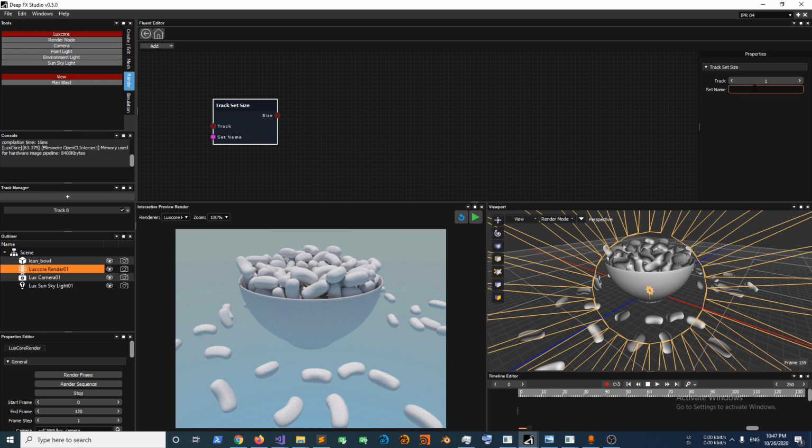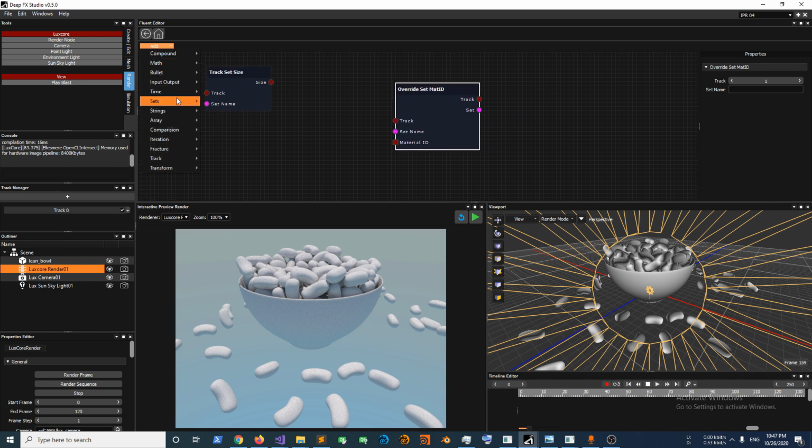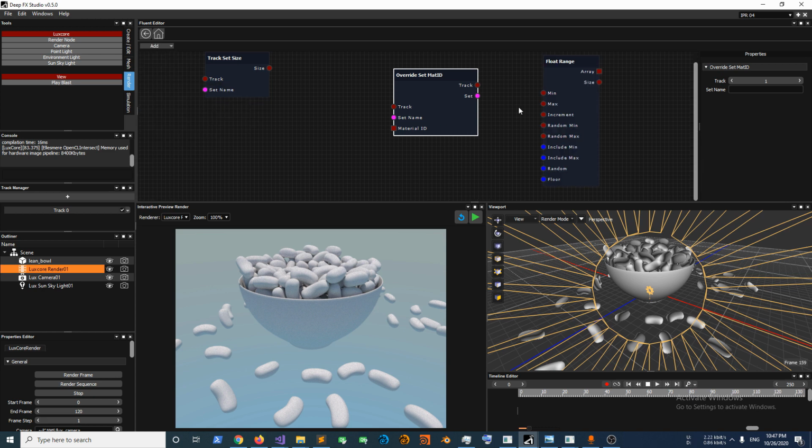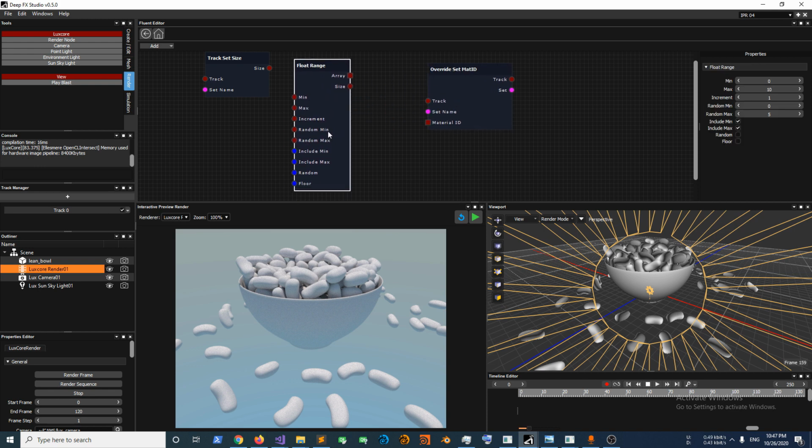So simply, we're just going to get the size of the set that I exported. All you need is the name. If I remember correctly, it was bullet actor. I'll just copy that. Okay, and let's output an override material. Then I would just need to create a range. This is where I can assign one material ID to everything, actually,